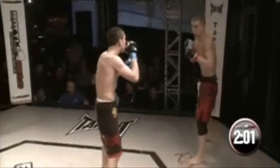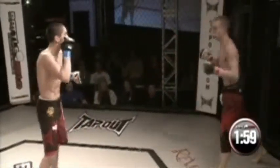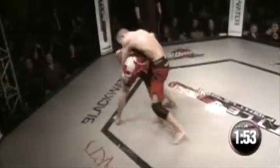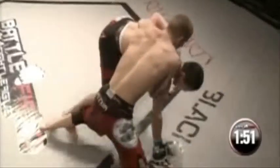Kennedy trying to push those hips back. Butterfly guard. He worked. Day didn't mind. He liked it. He wanted to come back in and try and land something. Left leg hits the glove of Chris Day. Yeah, nice high guard from Day. Oh, nice high kick. Blocked there by Kennedy, and he jumps in to try to take the back of Chris